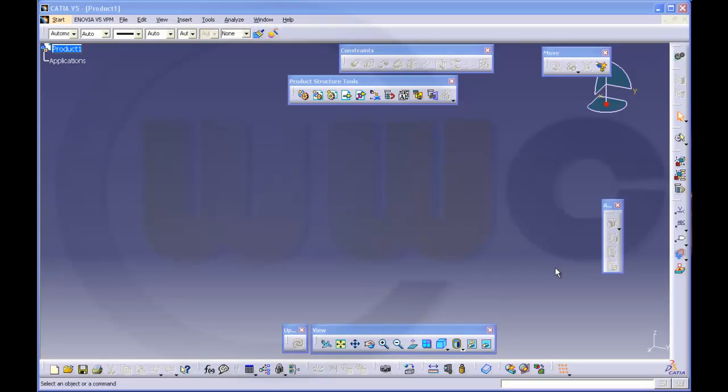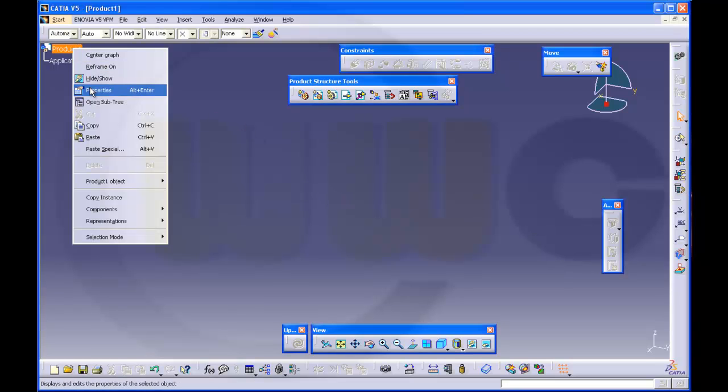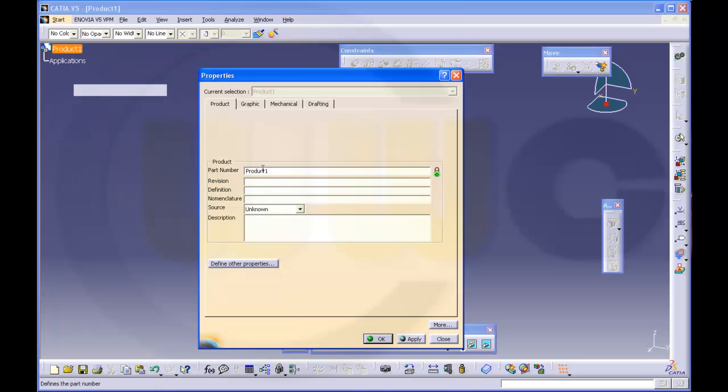Hello, today I will do another remake of one of the most popular videos. It will be the assembly of a 7-cylinder stern engine. So first I want to change the name of this product, and it's